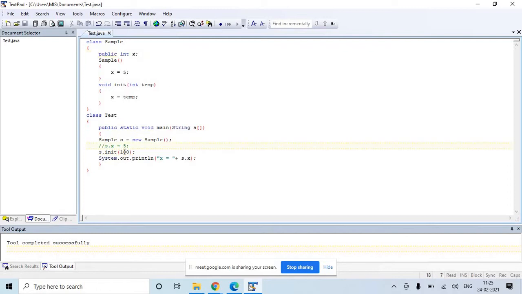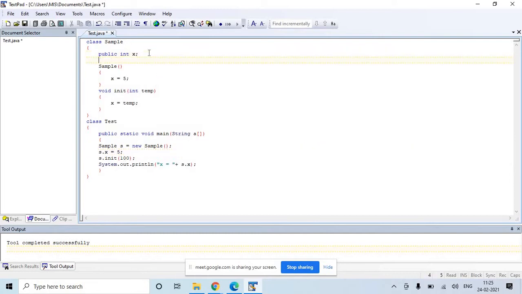More important here is, let's say we create another variable, private int y.